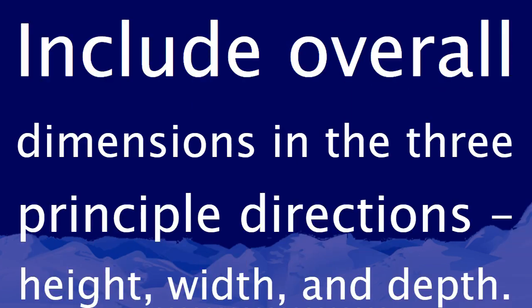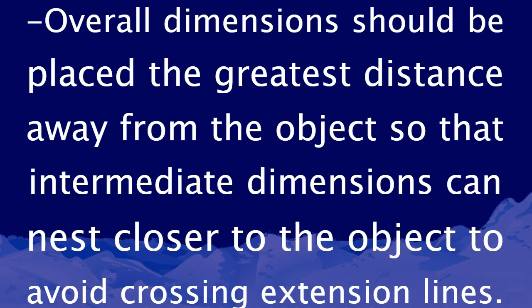The dimensions need to show us everything there is to know in all three directions, the principal directions: height, width, and depth. When you're dimensioning, your largest dimensions, your height, width, and depth for the overall part, need to be placed the furthest away from the object. Generally, what we are going to do is start from one edge and measure a small measurement, then a middle measurement, and then the greatest measurement. The higher the number is, the further from the part it needs to be. You do this so you don't cross extension lines